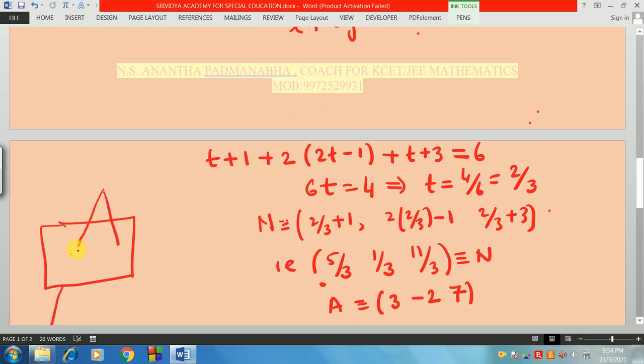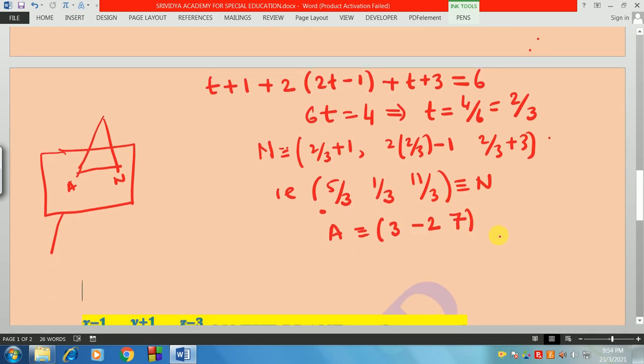So we have A here and N here. Now we have to find the equation of AN, which is the required equation. So if you take this A as (x1, y1, z1), and N as (x2, y2, z2),